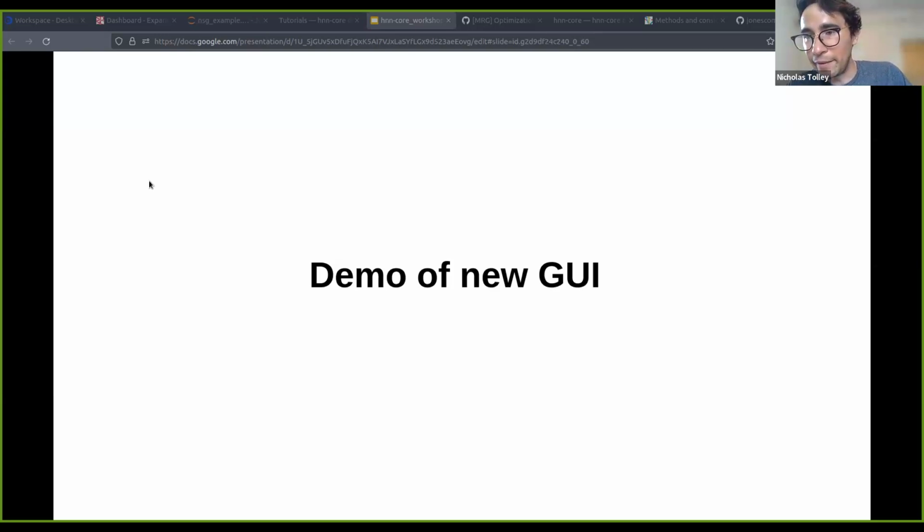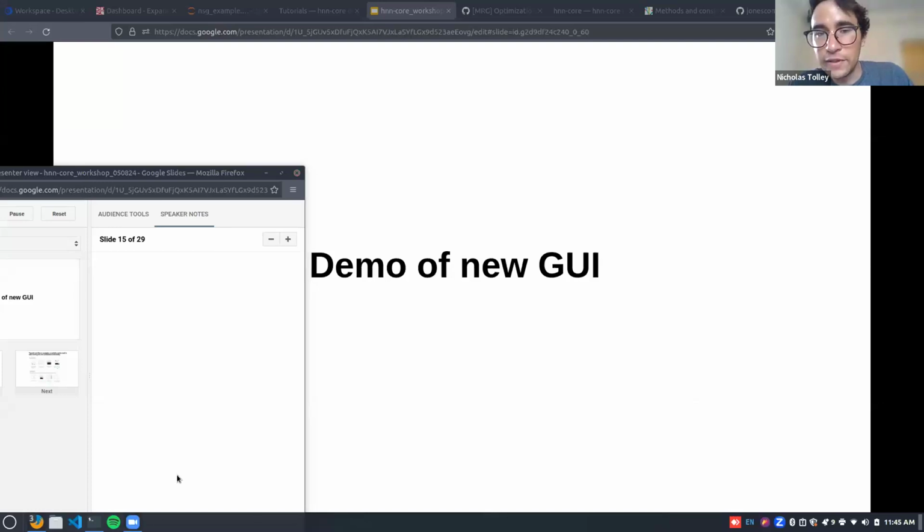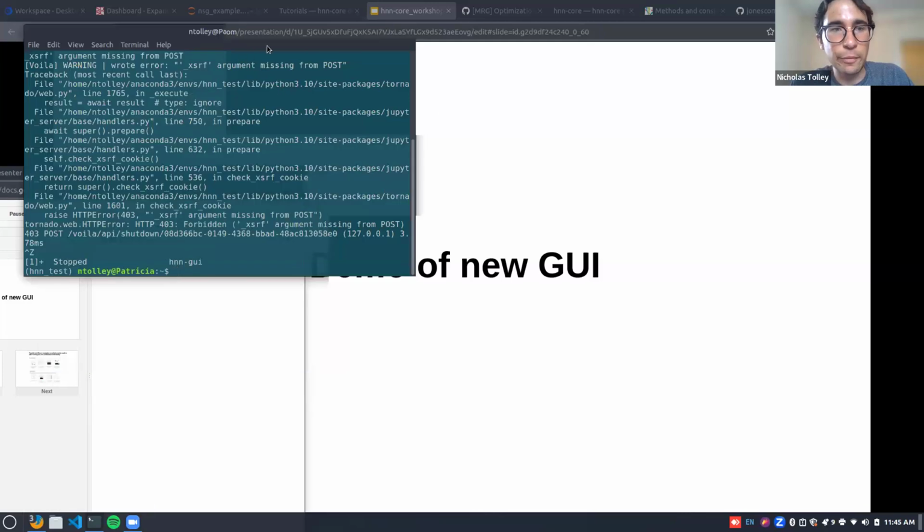Okay, so I also wanted to mention that we've been remaking the graphical user interface, remaking this using best practices in open source software development. So something that is maintainable and something that can actually be extended on by people that are not necessarily software engineering experts. So let me try to quickly, I'll just share my whole screen so once you pip install HNN core from your command line,